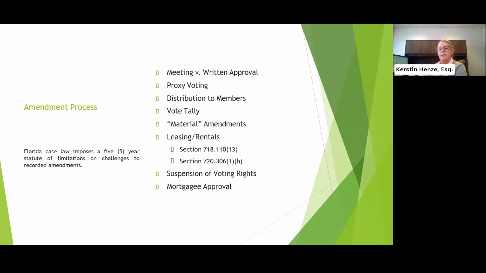And it's basically a negative notice process. You let them know that if you don't hear from the mortgagee within 60 days from the date of the letter, then their consent is presumed, and you can go ahead and record the amendment in the public records.